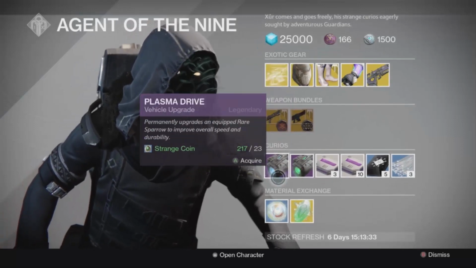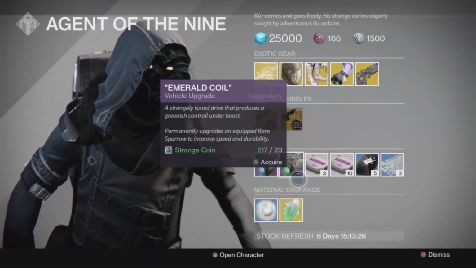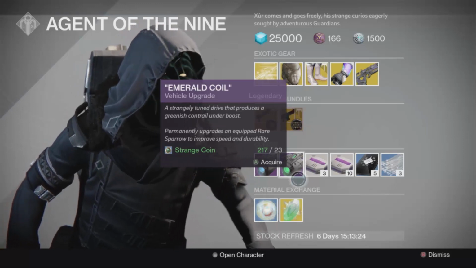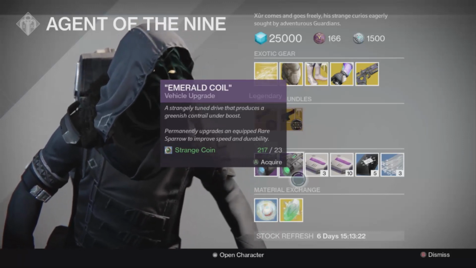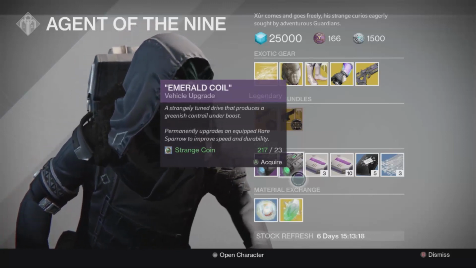So it's going to either give you a blue trail for the Plasma Drive or a green trail for the Emerald Coil. So thank you all so much for watching. If you enjoyed this video, please leave a like down below and comment on what you hope to get from Xur next week. As well as, if you are participating in Destiny 2, the